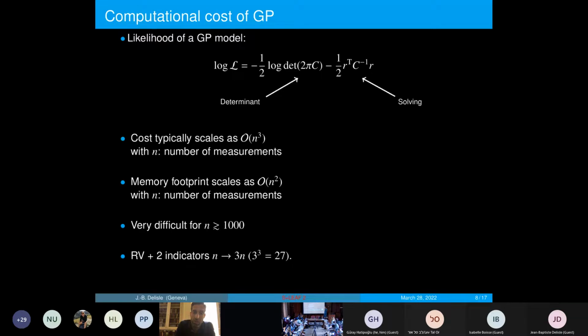problem. And in the end, the cost of computing the likelihood will typically scale as the number of measurements cubed. And this can be a very